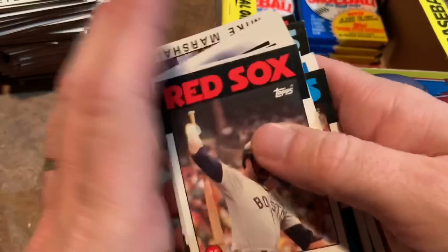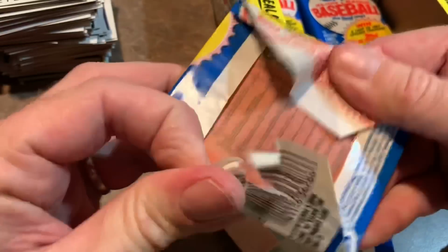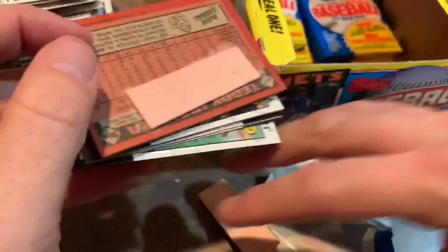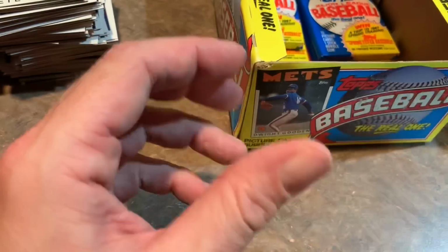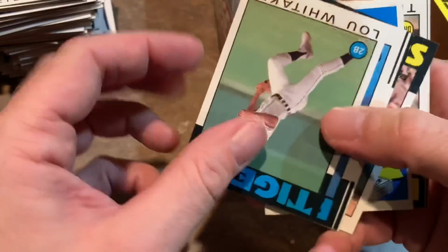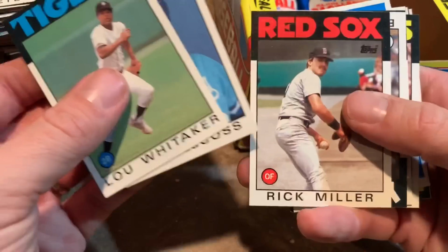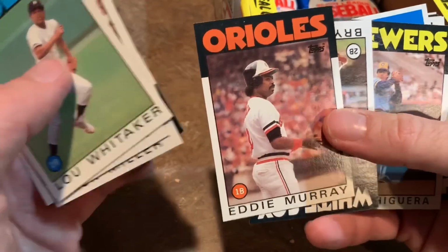Tommy Herr from the Cardinals. Cardinals had a really good team back in mid-80s. 87 probably was their best year, if I remember correctly, of that time frame, led by Whitey Herzog. Whitey Herzog, Hall of Famer, and Vince Coleman, Tommy Herr, Willie McGee, Jack Clark, John Tudor. Lots of great players on those 80s Cardinals teams. Eddie Murray,